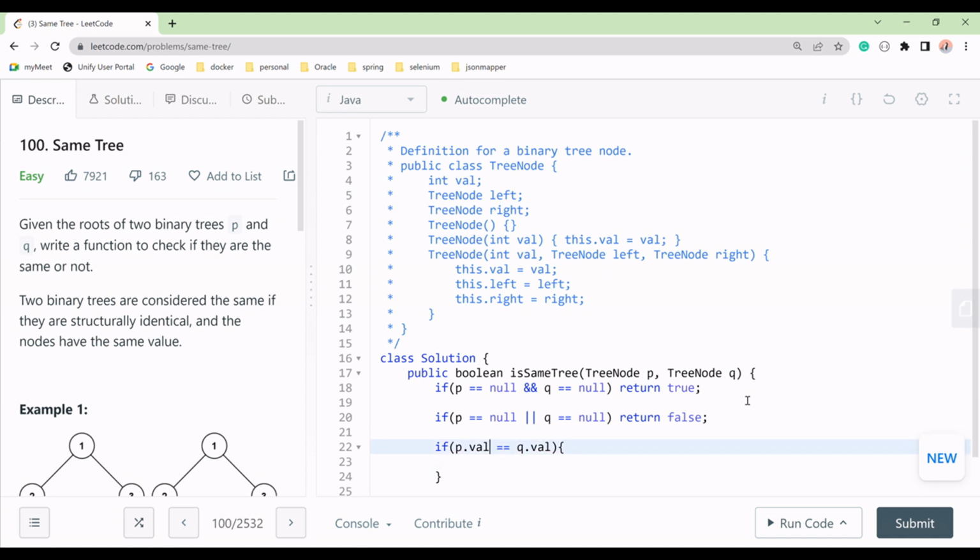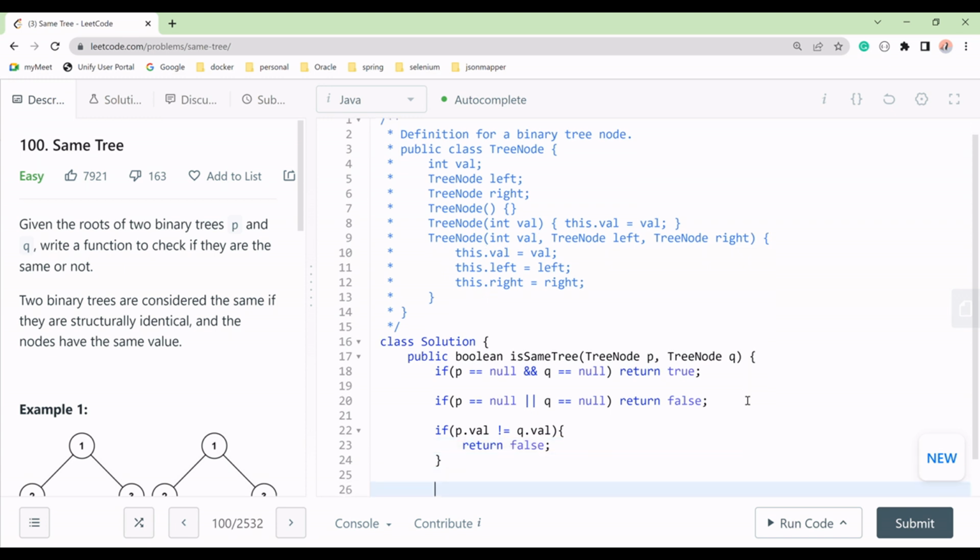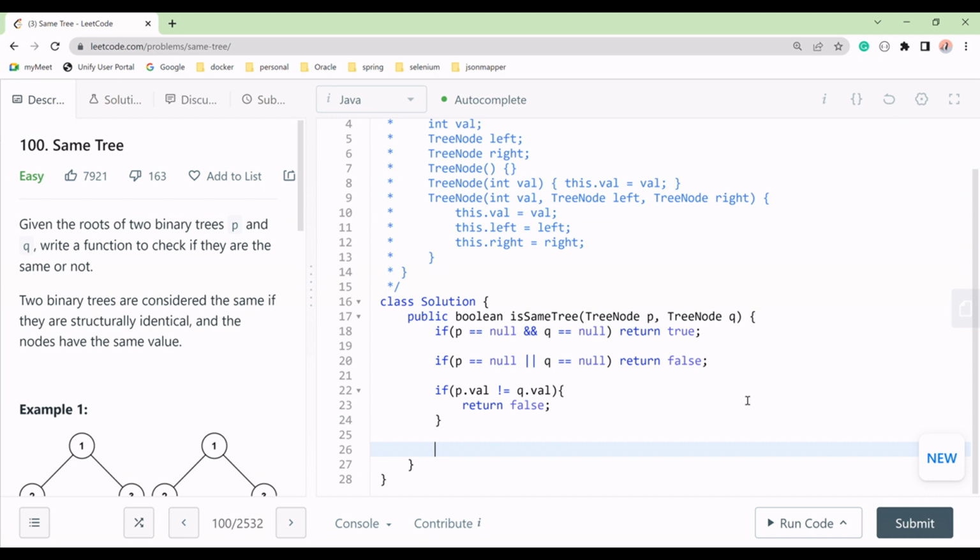But if the root value is not matching, then we'll return false. But if that is not the case, root is matching,